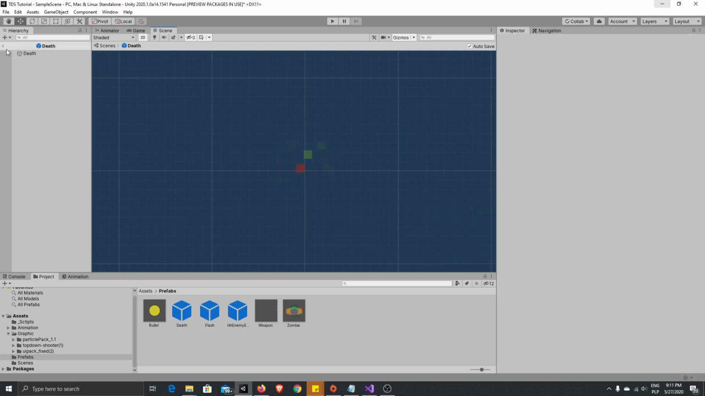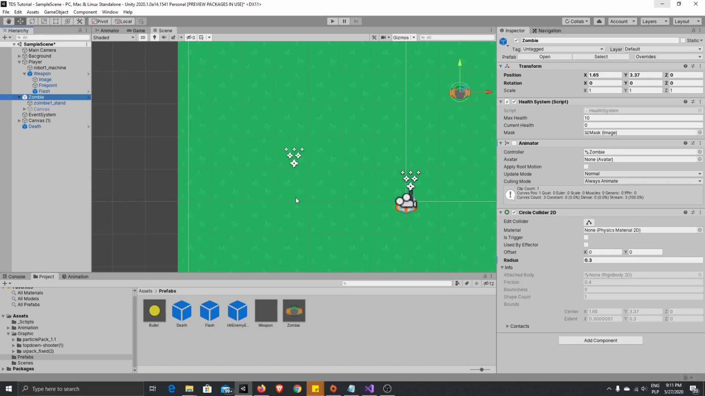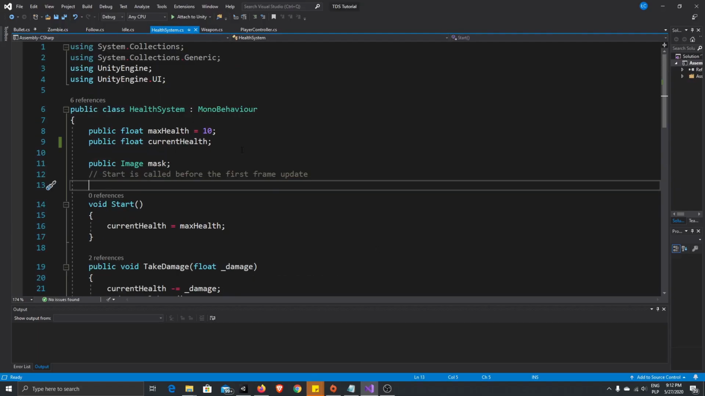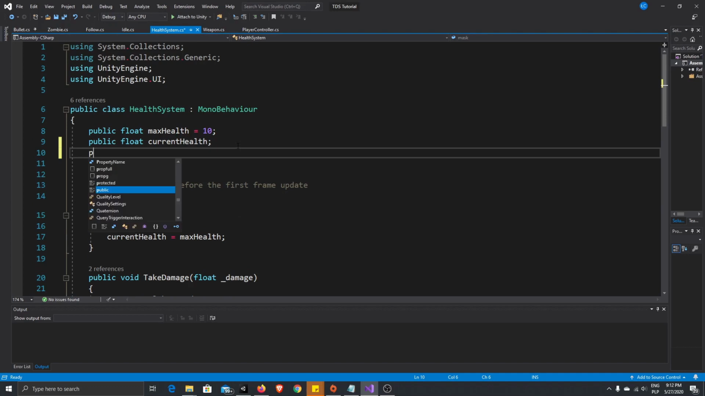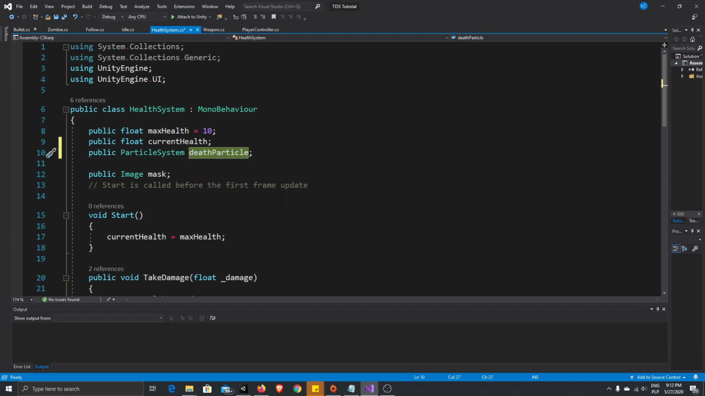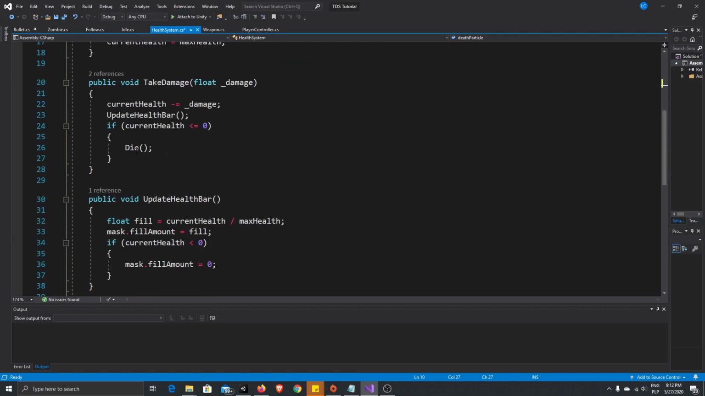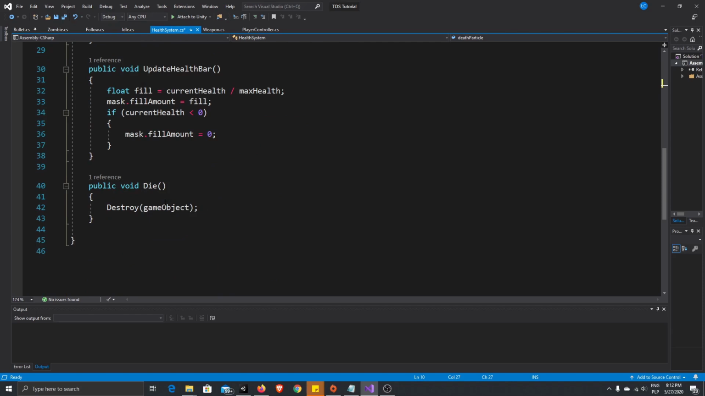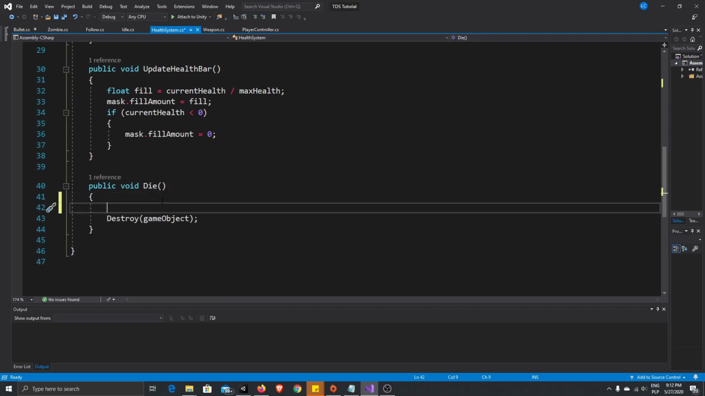So now we just need to add, as always, a reference for the death particle of our zombie. For now, I think the best way is to do it in our health system. So let's make public particle system, death particle reference. So when we die, we'll instantiate our particle. Before we destroy our game object, let's instantiate